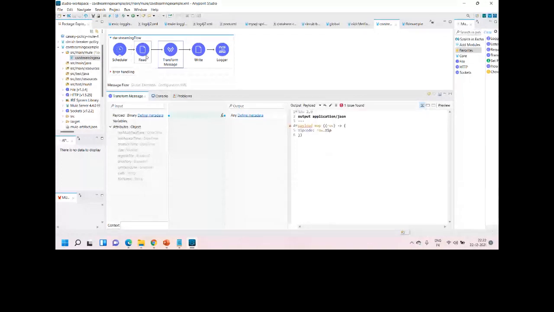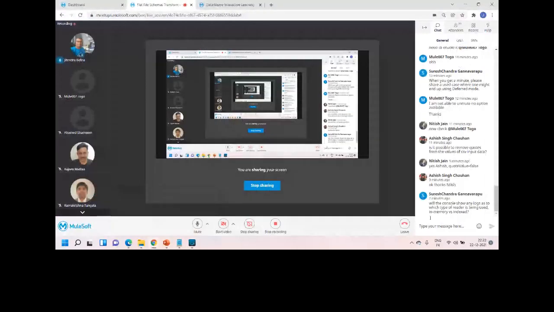Any doubt on streaming, like in-memory? No, the console doesn't show it, Suresh. I haven't found anything about whether